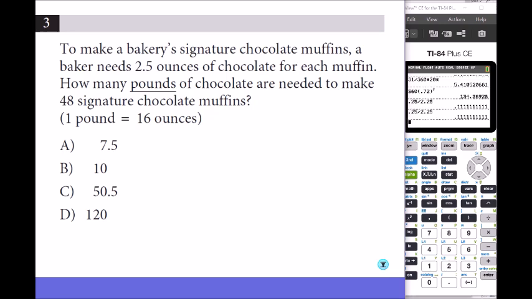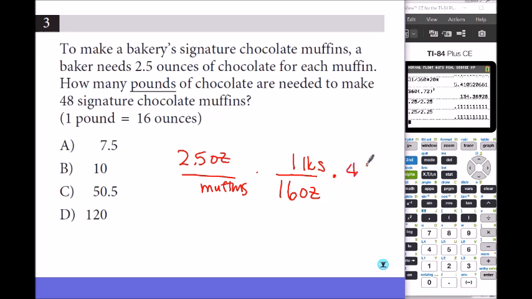Number 3. To make a bakery's signature chocolate muffins, a baker needs 2.5 ounces of chocolate for each muffin. So 2.5 ounces per muffin. How many pounds of chocolate are needed? So there are 16 ounces in 1 pound. And if you want to make 48 muffins,